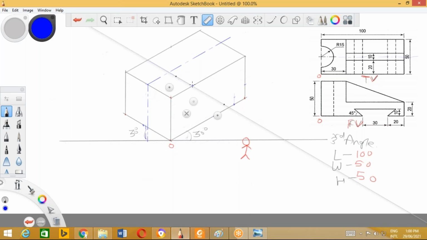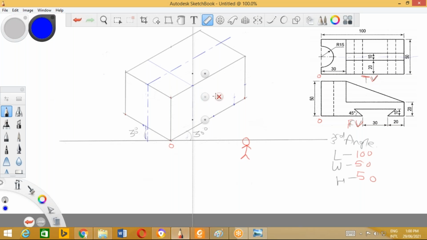I hope you all are drawing along with me. In the same way, in the front view also this line is visible, but up to how much length? If this is 20, obviously the total is 50. So along the height side, this line is visible for 30 millimeter. We'll move this line 30 millimeter, so obviously this line will get matched with this line.